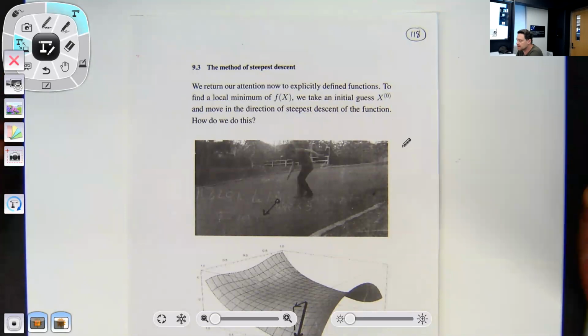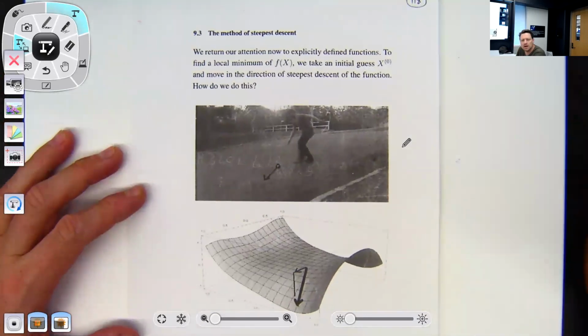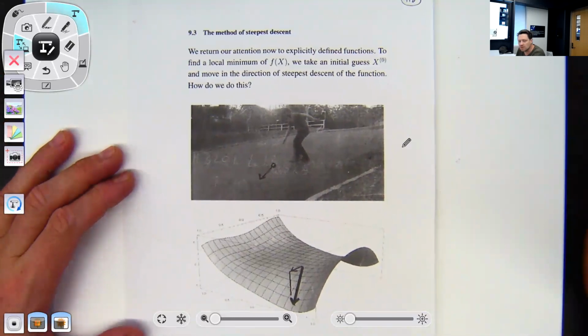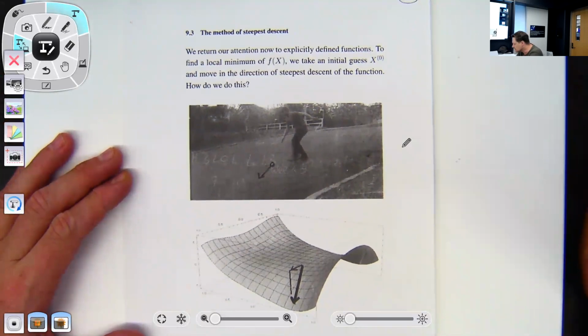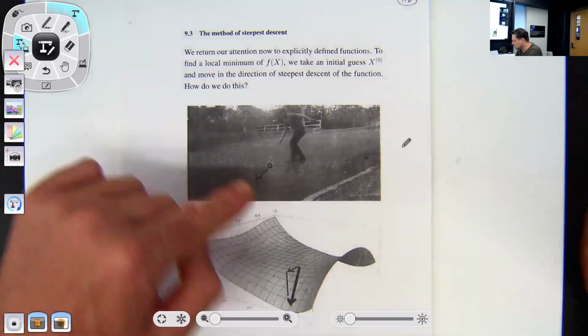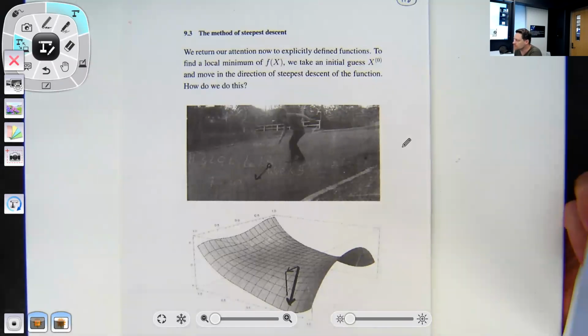So steepest descent. Now the idea, there you see me chasing after a ball. And balls, when they roll down, well, they roll downhill. If you just let it go on the side of a hill, it rolls downhill, right? And sometimes it gets stuck in a pothole, where it falls to a local minimum, okay? So that can happen in steepest descent too. But the main idea is to go downhill until that path